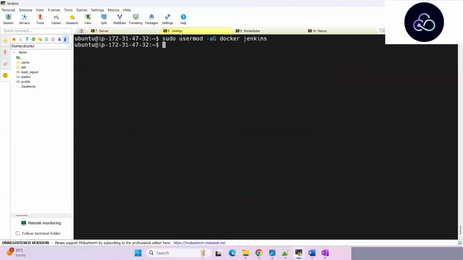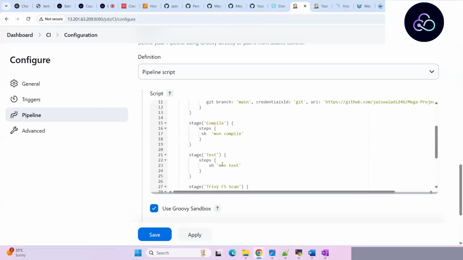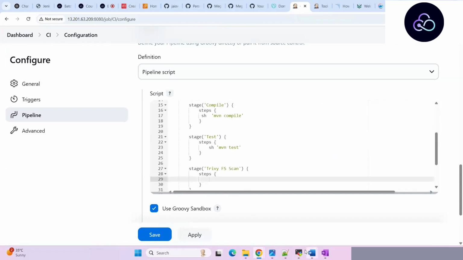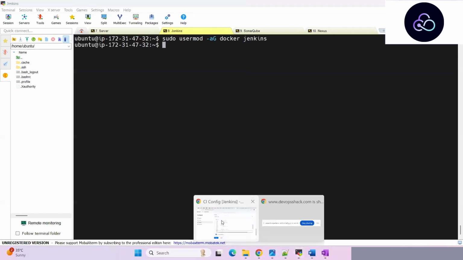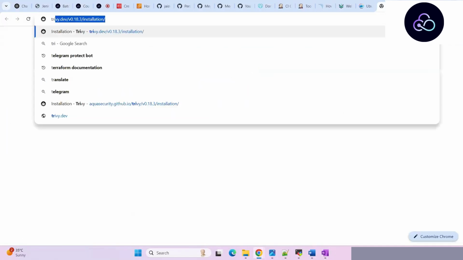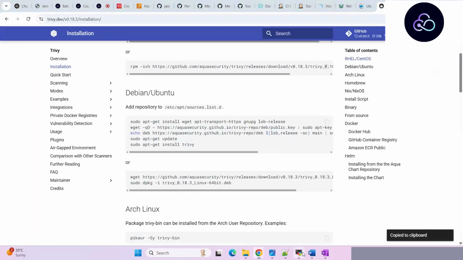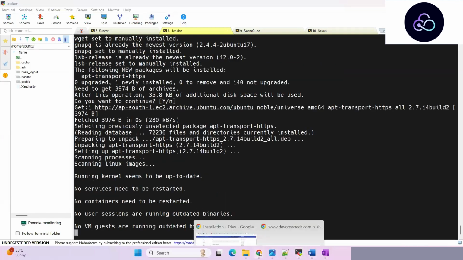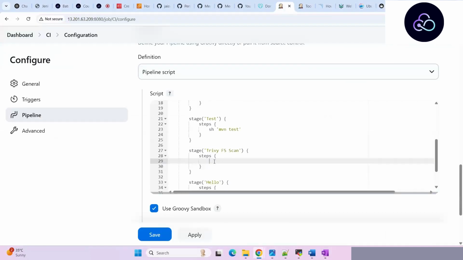Okay. One difference that you need to understand, as I told before also: the tools that you configure inside the Jenkins tools section, those tools you need to define one way or the other in the pipeline. But the tools that you directly install on the Jenkins server, then you don't have to define those tools. For example, if I go here, Trivy install, select the machine, and copy the command and paste it. Now, since I'm installing Trivy directly on the server, I don't have to define it anywhere and I can directly run the commands here. How can I run the command? I can write as such